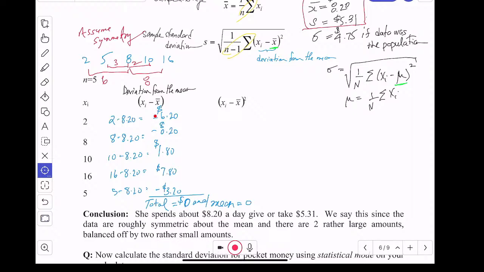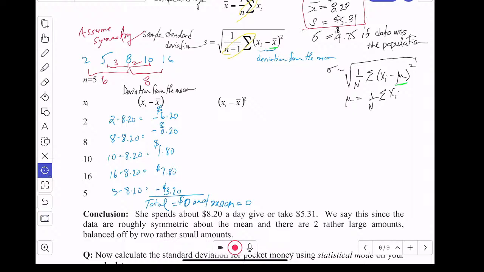So to avoid that, we have to basically deal with the fact that some are negative and some are positive. We could just make them all positive, and some statisticians came up with results doing that. But the convention became to instead, to get rid of the negative, they squared the deviations from the mean. So what we'll do is get the squares of the deviations from the mean and average those, but then,